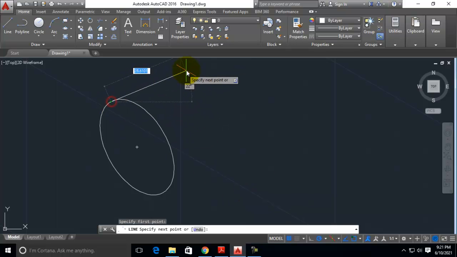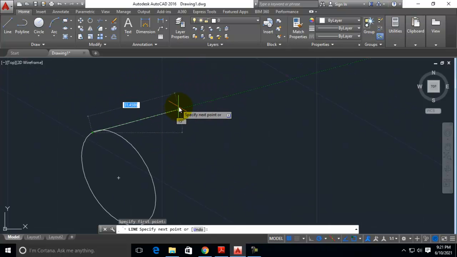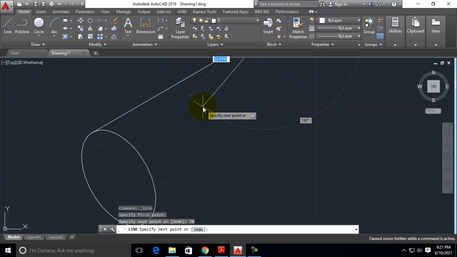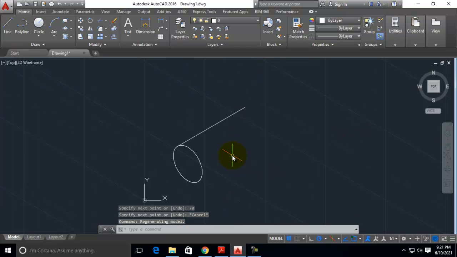Select from this line, it will automatically track the angle. Now you see this is for an angle of 15 degrees, but we have to draw this line at an angle of 30 degrees, and the length is given as 70. Now type enter and keep the angle as 30 degrees. It will track automatically for 30 degrees. Press enter. Now you can zoom out, press escape.